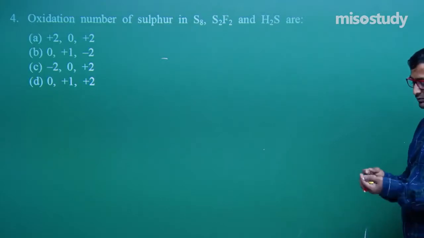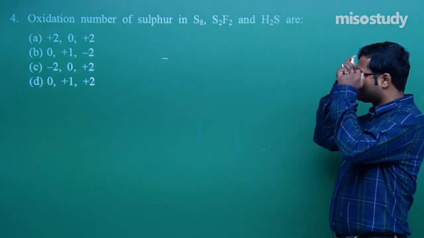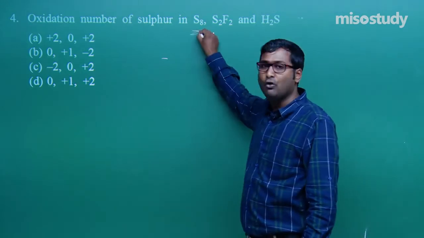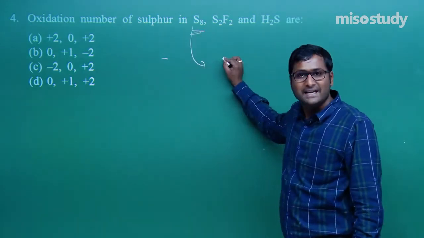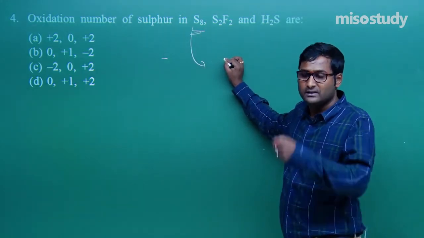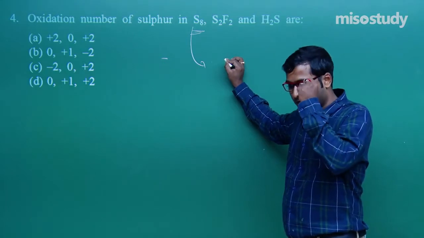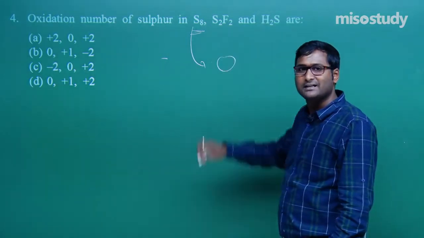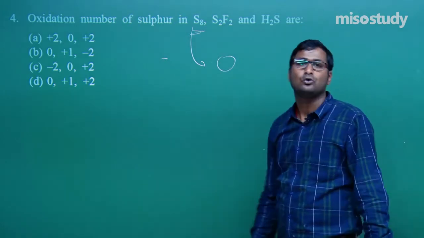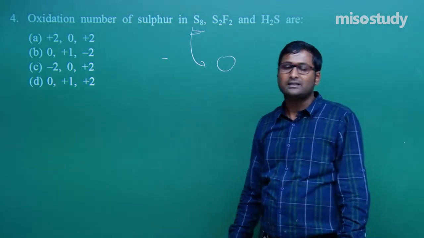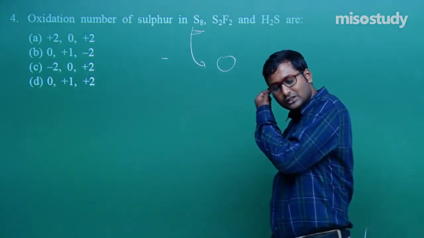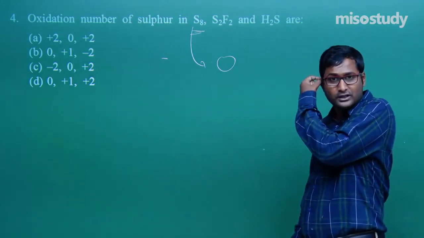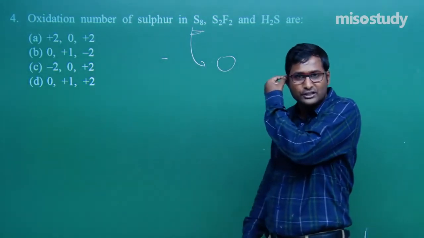Now tell me, this is one of the simple questions. Oxidation number of sulfur in the acid. As we know, if a component is in a free state, that is the general condition, then what will be the oxidation state in this case? That is 0. In case of O2, the oxidation state is 0. In case of N2, the oxidation state of nitrogen is 0. In case of F2, the oxidation state is 0.